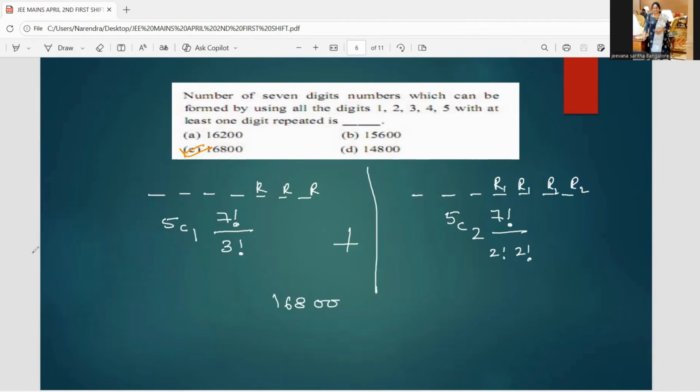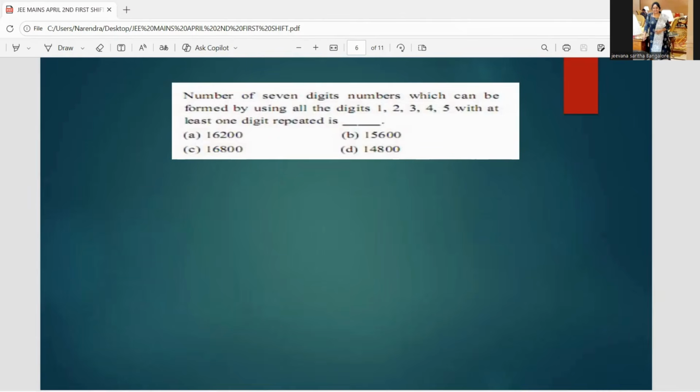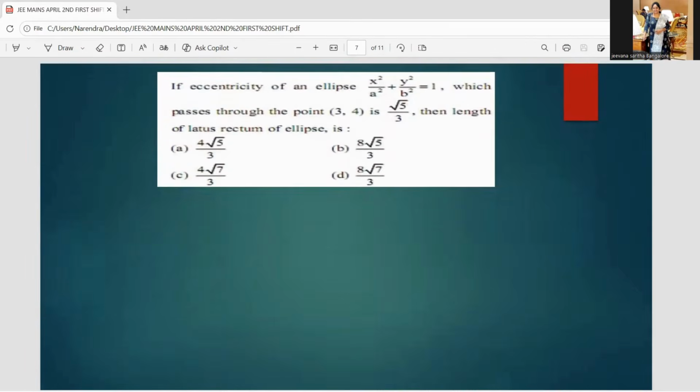Let us see the next one. This is an ellipse question. This is also the straight application of the concept. And eccentricity is given as square root of 5 over 3. And the point 3 comma 4 lies on the ellipse. So I can write down the condition 9 by a square plus 16 by b square is equal to 1. To find the length of latus rectum,